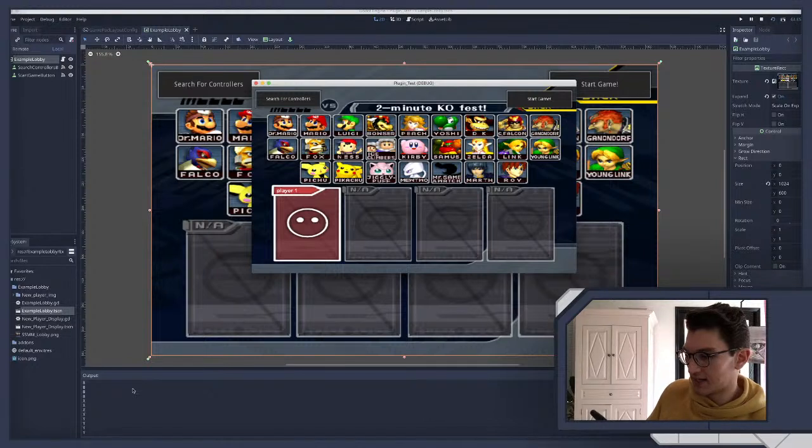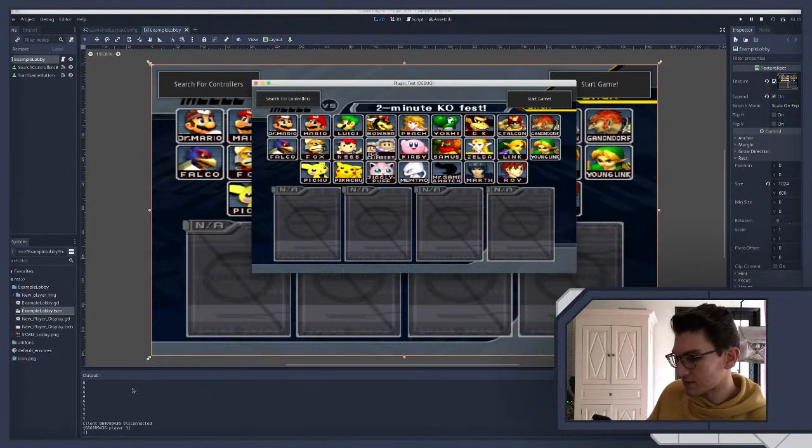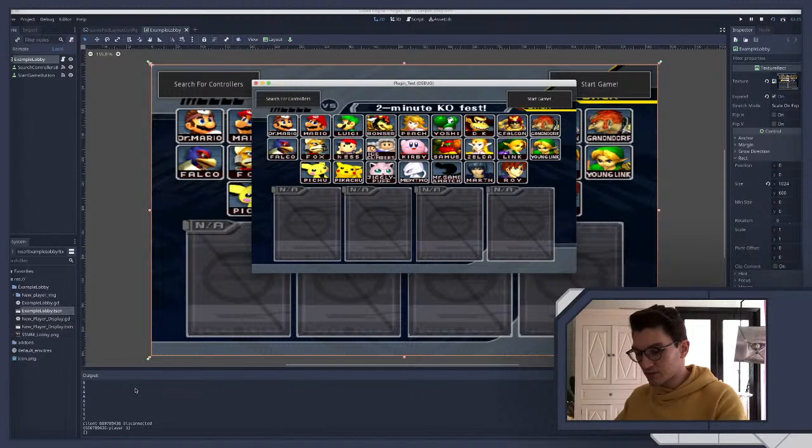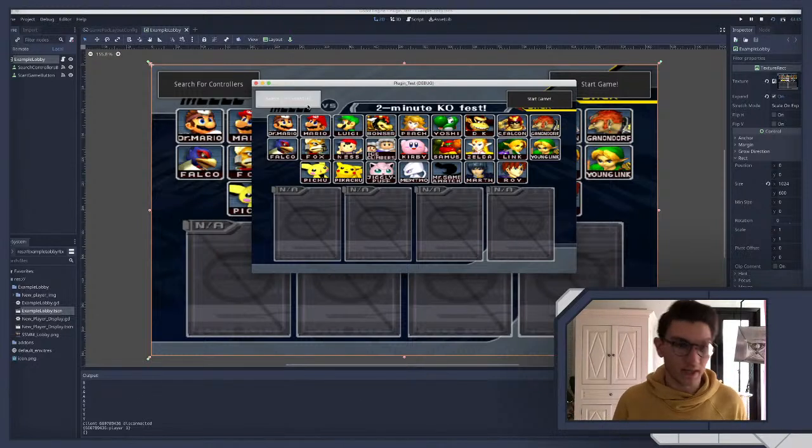But I think it took me like 30 minutes to make this little demo lobby. I thought it'd be cool to have some kind of lobby so people could see, oh, this is how you're supposed to use this plugin and stuff like that. I'm not going to be diving too deep in the code on how I did this, but yeah. Anyway,